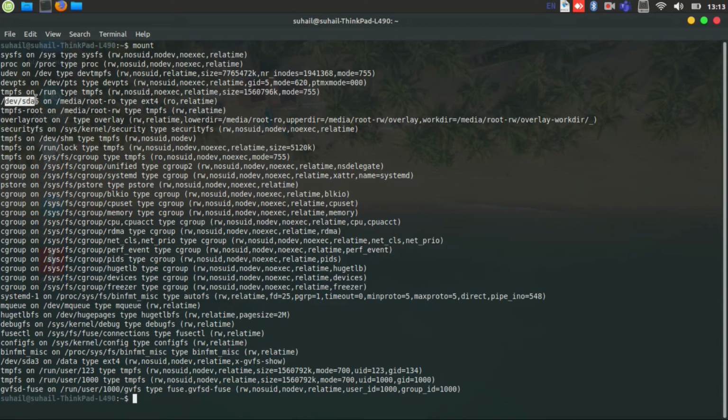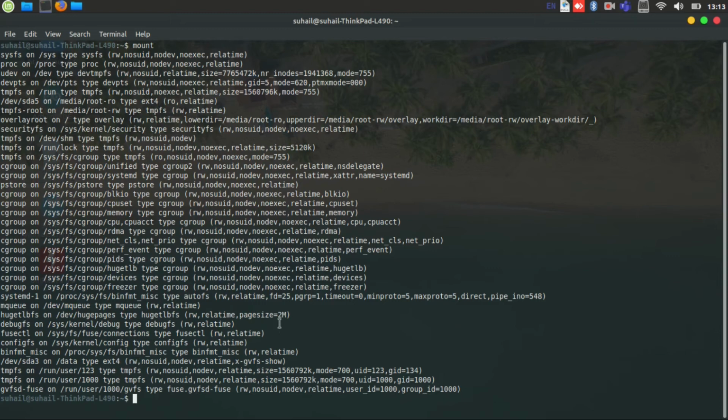It is mounted here now in read-only mode. Any changes that we make in this session will be temporarily stored, and once someone reboots, those changes will be discarded, and thereby we protect our original root partition. And the second partition that we have, the data partition, is unaffected and is mounted in read-write mode only.